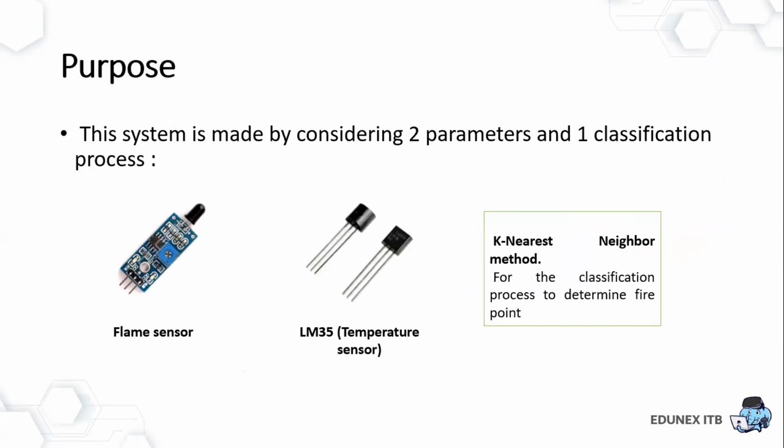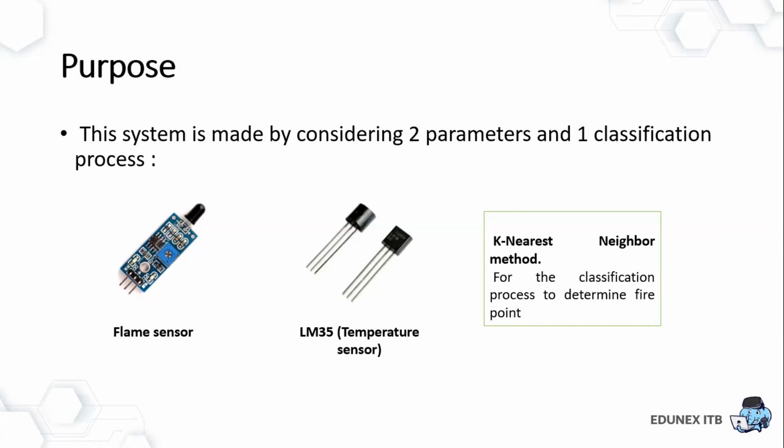The system developed detects the presence of fire and determines the direction of the location of the fire points in the room, while the fire is still small. The system is made by considering two parameters, the temperature parameter and the flame fire parameter. The temperature parameter is detected by the LM35 sensor, which works by changing the ambient temperature of the room into